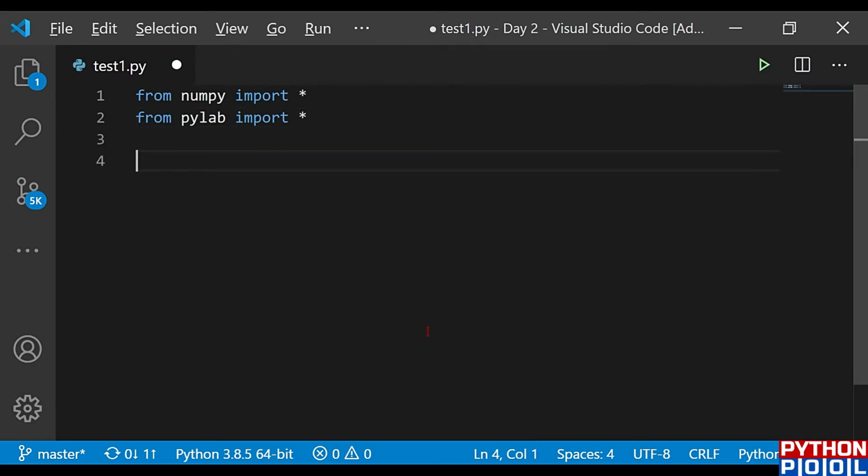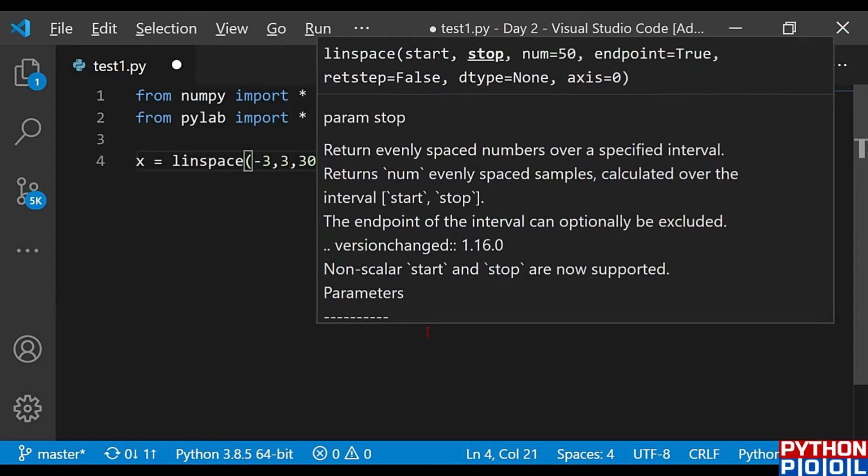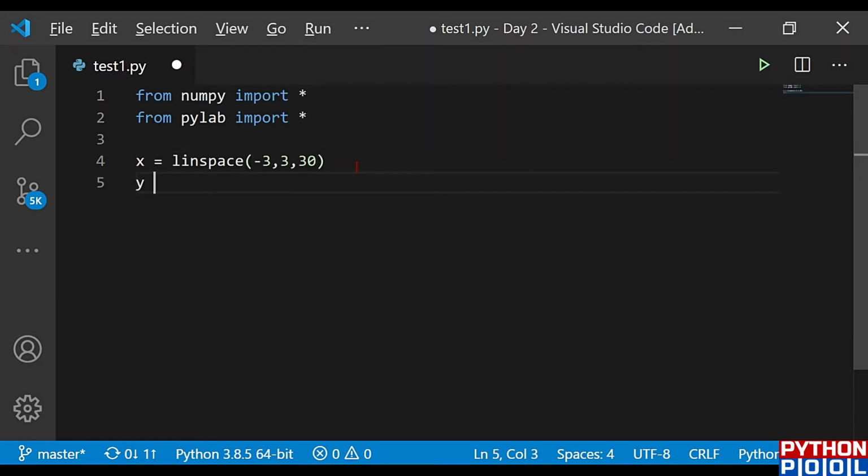And once I have these two modules, I'm going to define the x-axis, what is there in the x-axis. So I'm going to use the linspace function. From -3 to 3, I need my graph with a gap of 30. And my y would be related to x, that is x square. So what is my equation? y equals x square is my equation, where my x lies between -3 to 3 with a gap of 30 units. Okay. Now I'm going to call the plot function,